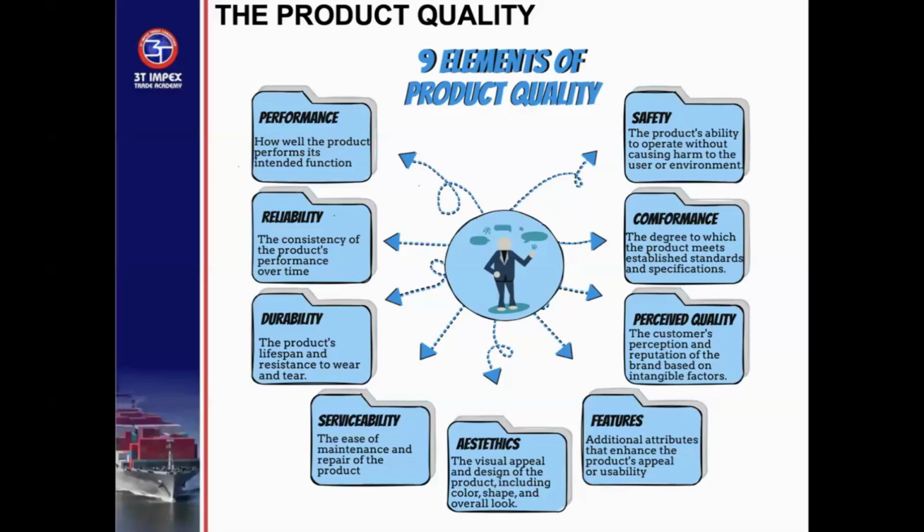Conformance. Now, you see these last two are the ones that affect agro commodity the most. Remember, the focus in this conversation is agro commodity. Safety and conformance. The degree to which the product meets established standards and specifications. So when a commodity is going to be rejected, it's going to be because of this lack of conformity to stated specifications. When I talk about rejection, which is the focus in this conversation, of quality issue and rejection issue,